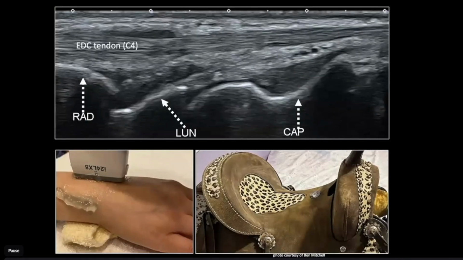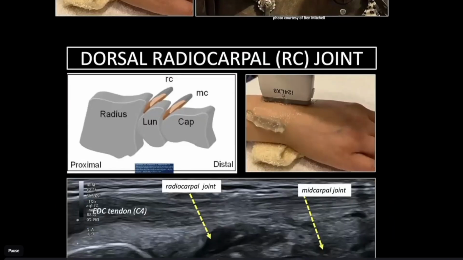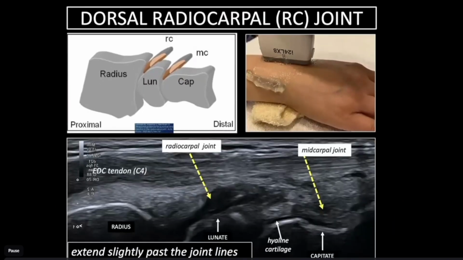A lot of things you can see with that representative image in the mid-sagittal plane. You can see compartment 4 traversing over the joints. The retinaculum is always thick there, the extensor retinaculum. Often you see some normal vessels. And again, to me, the capitate is a saddle shape. The dorsal radiocarpal joint, these are the recesses, and they tend to extend slightly past the joint lines. They have a redundant fold, and that just helps with increased range of motion for the wrist with flexion and